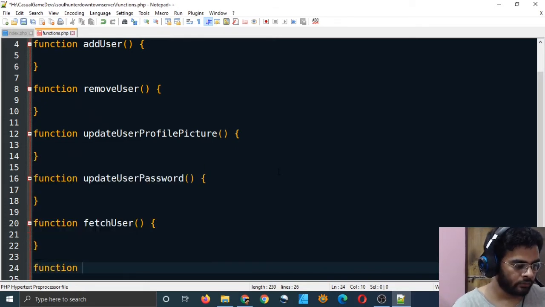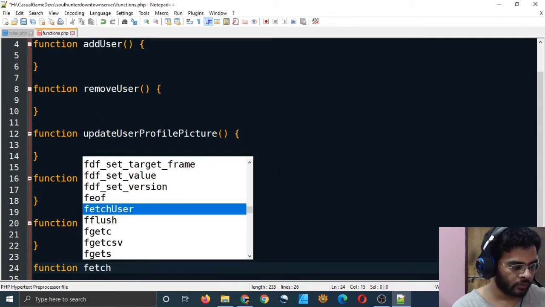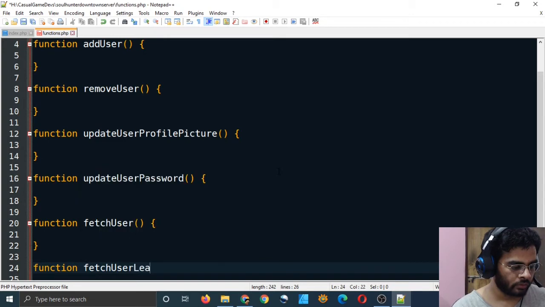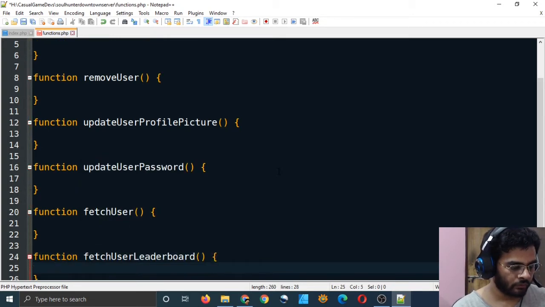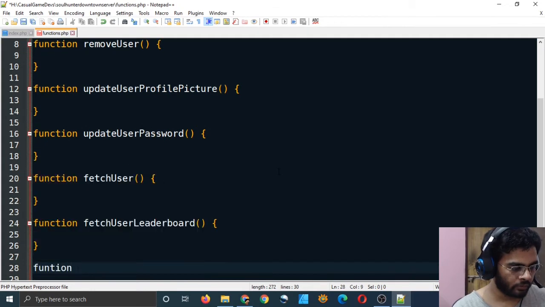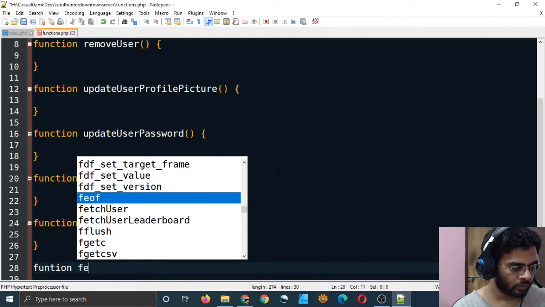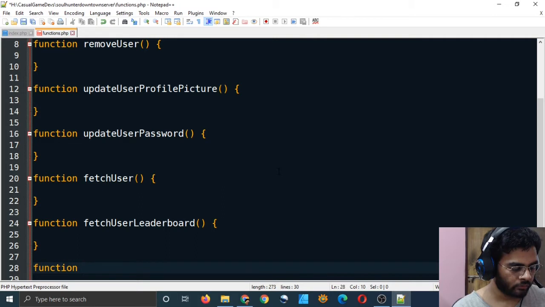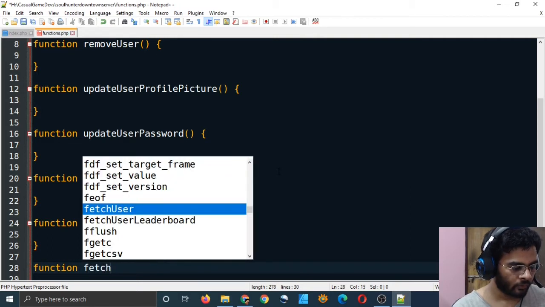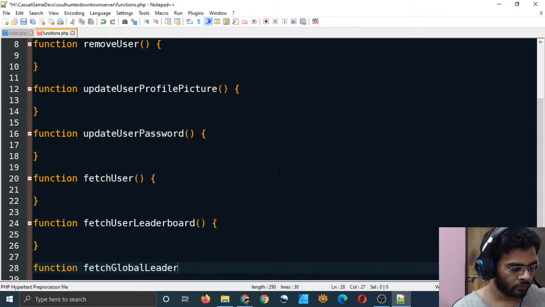We can also fetch user leaderboard, and we will also make a function fetch global leaderboard.